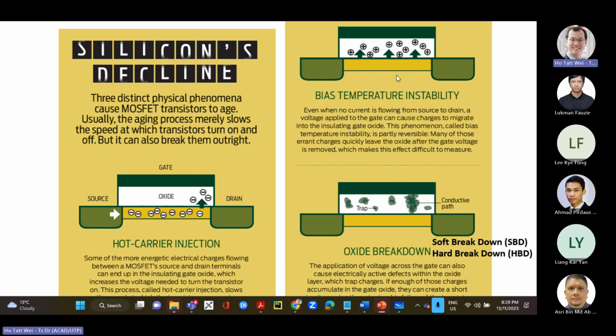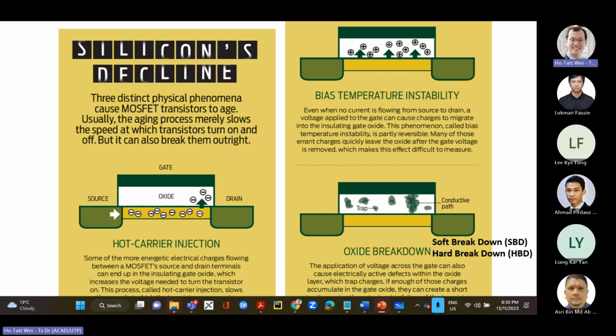And it's very interesting because this bias temperature instability is a semi-reversible phenomenon. So when you remove this voltage or you switch it to a different voltage, you can actually push the charge out. So it's like the charge goes in, comes out, goes in, comes out, and all that, right? So over time, some of the free charges will get stuck here. And the effect is the same because you've got charges stuck in the oxide. It's as if you're shielding the effect of the gate voltage to create that channel. So when you apply the same gate voltage, there's less free carriers that will come out here. So that weakens the current here, slows the device down.